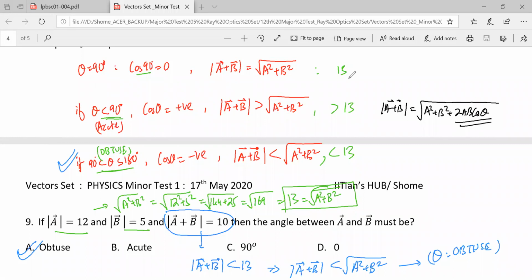Yes, you can do that also. So you just found out the value of cos theta, no? And it came out to be a negative quantity. So if cos theta is negative, it means it's an obtuse angle. So that's a slightly more lengthy approach, but you can solve it that way also. You can use this formula directly. So in this you put this as 10 and put this side as 12 square plus 5 square plus 2ab cos theta. Now solve. When you solve this, you get cos theta as negative. So the moment you get cos theta as negative,